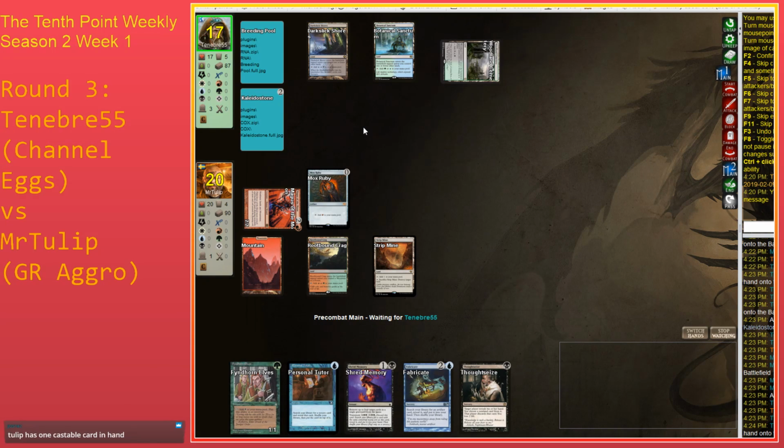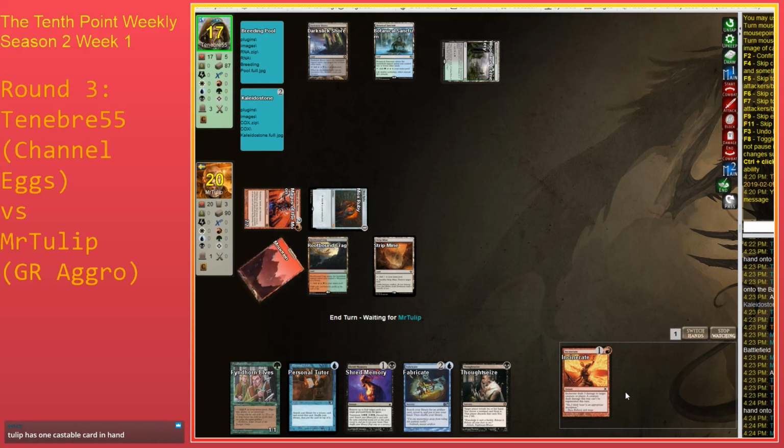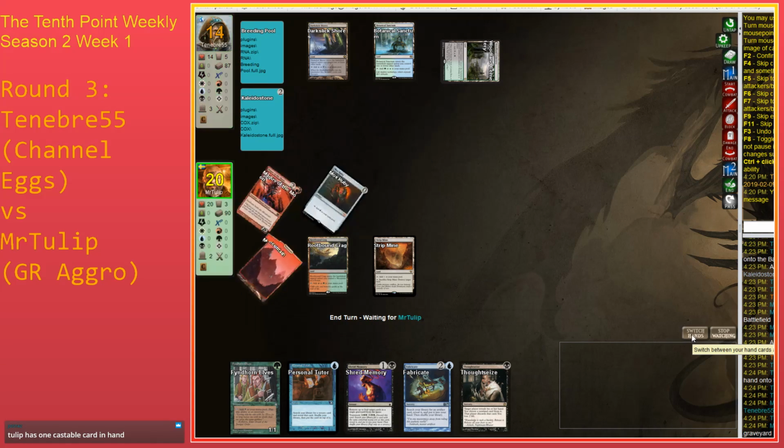Yeah, he's played eggs: 1, 2, 3, 4. He's 1 turn off of cracking this Kaleidostone for 1 of each color. Yeah, and that's going to give him... At which point he can Fyndhorn Elves, Personal Tutor for something to give him colored mana that he cares about, and Thoughtseize. Thoughtseize is not looking too hot here, but...